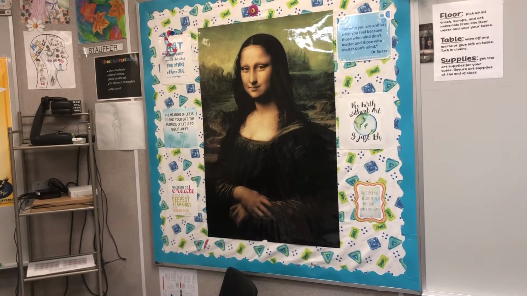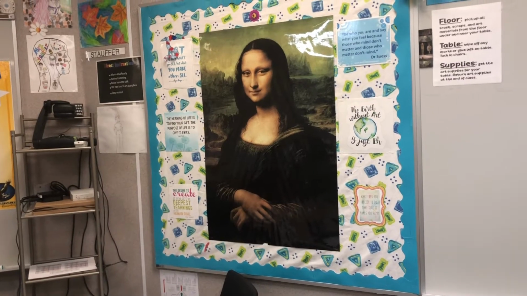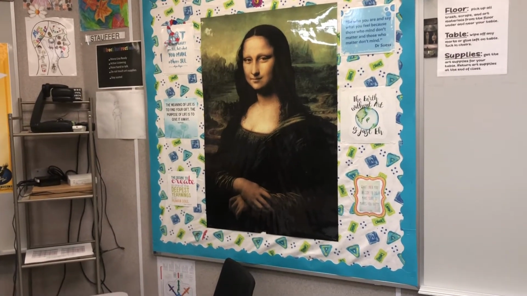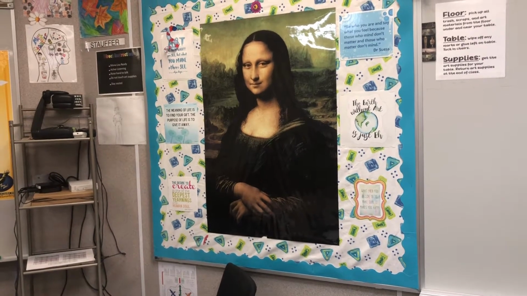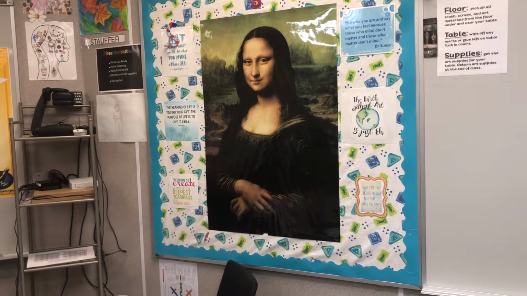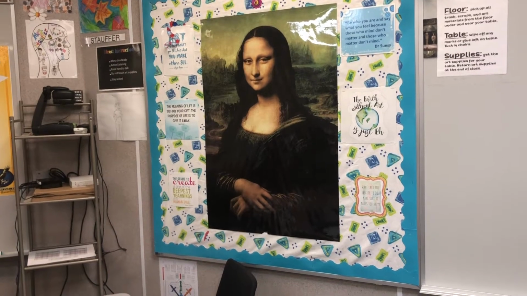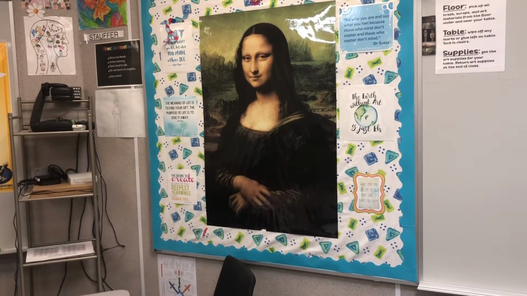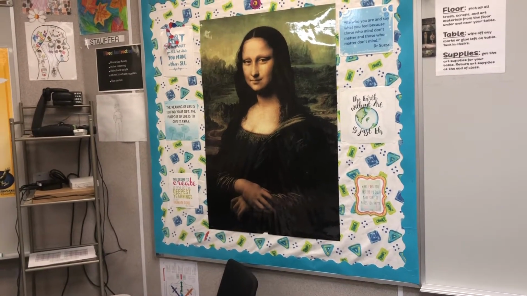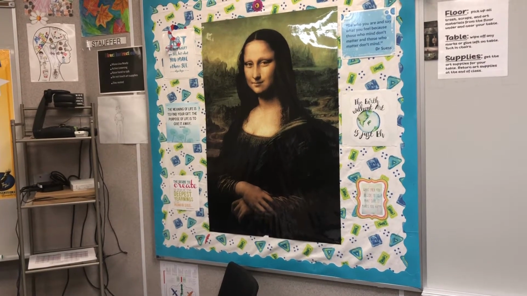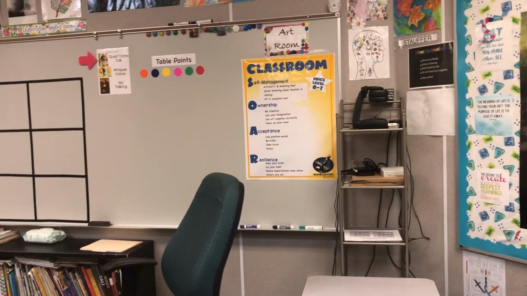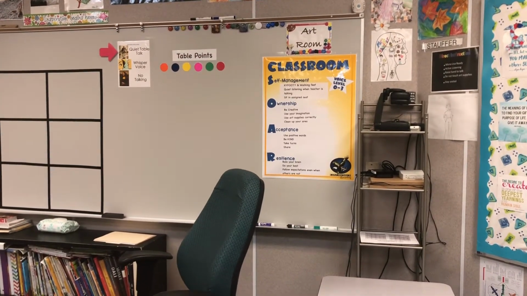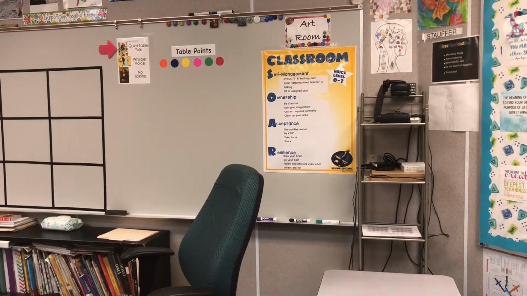Eyes on me, mouth closed, hands to yourself, and have your ears ready to listen. So that's the signal for now, Mona, and you say Lisa, and ready to listen. Maybe later on in the year I'll add some more attention signals, but for now we're going to use Mona Lisa, and a lot of you already know this attention signal. Also, we have some new classroom rules. I kind of revised the rule chart, so we're going to go over that now.